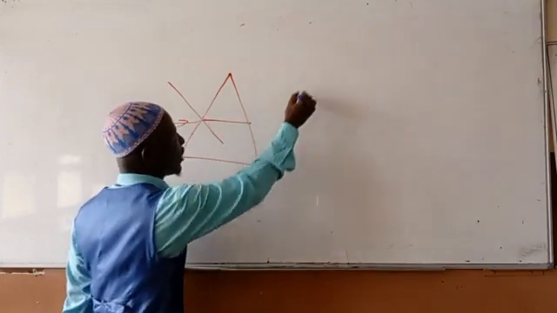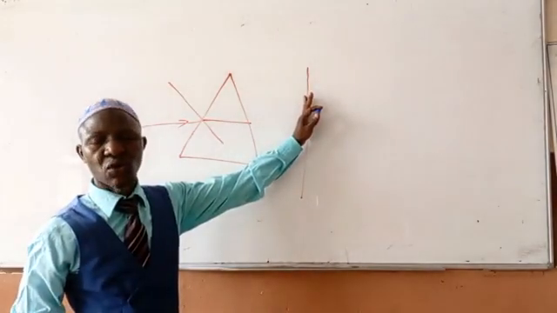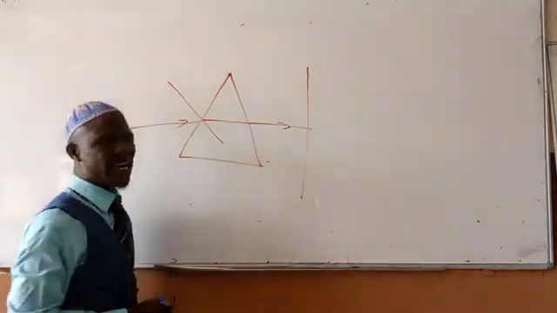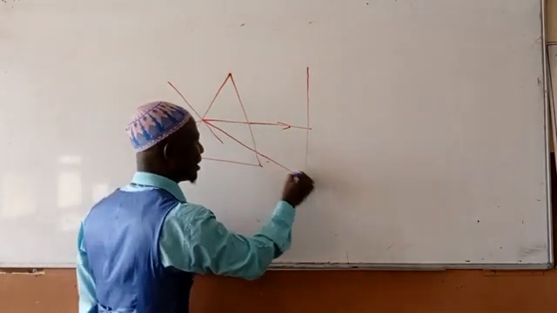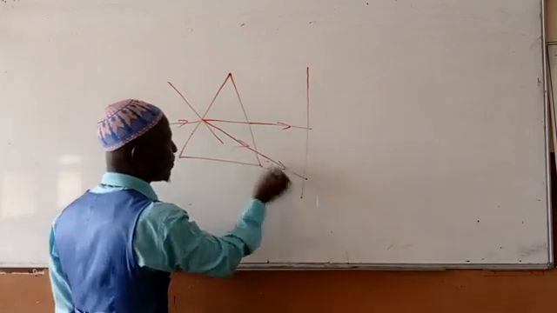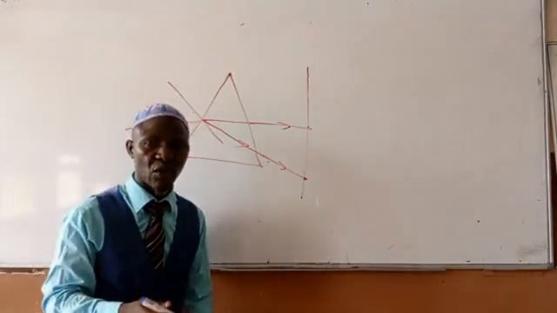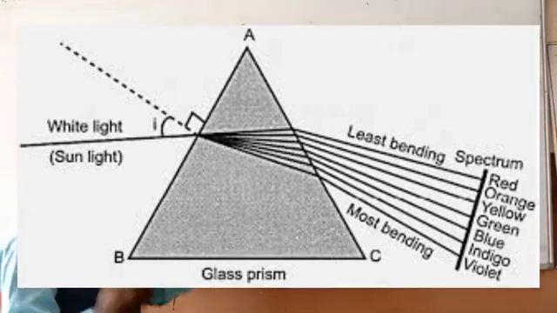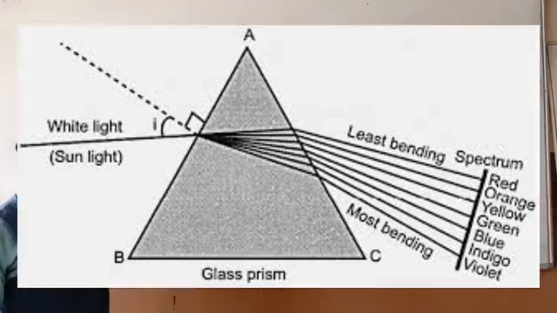The one that will refract least is that of what? Red light. Then you are going to place your screen here, the screen surface on which the colors will appear. So this one will appear here as red. Then the one that will refract most is that of violet, and you see it around this place. So in between the red and violet, we have other five colors: orange, yellow, green, blue, and indigo. So this is the first one, that is red light, and violet. Now that is that about how to separate white light into its constituents.